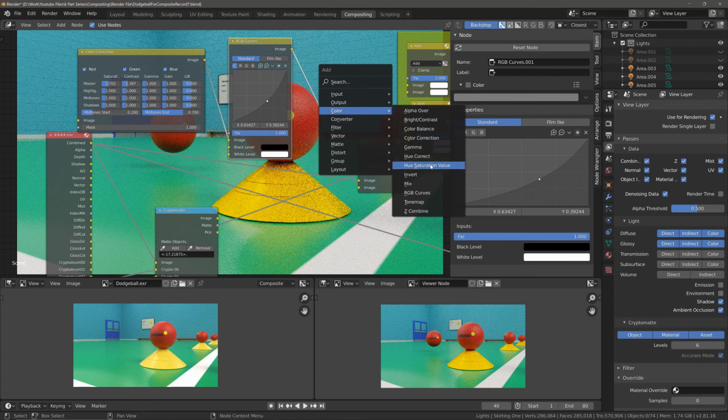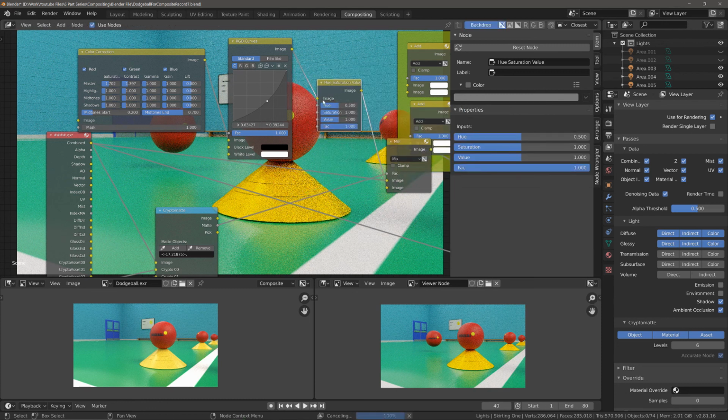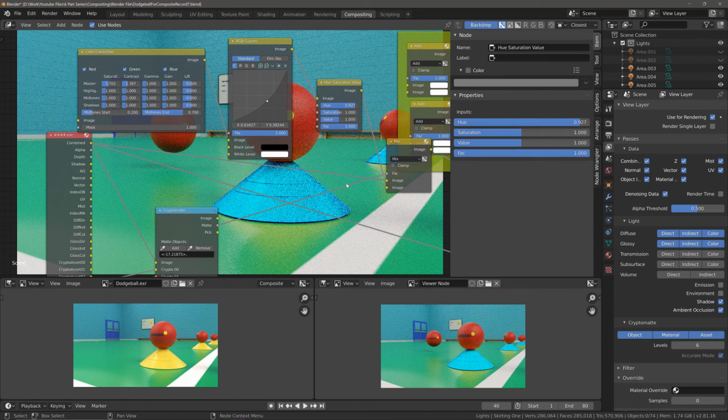Let's go hue saturation value, plug it in here, and then let's change this hue value until we can find a nice blue color. Bring that hue up to, let's go about here. And that looks pretty good. So now we have been able to successfully edit a specific part of our image with the help of the